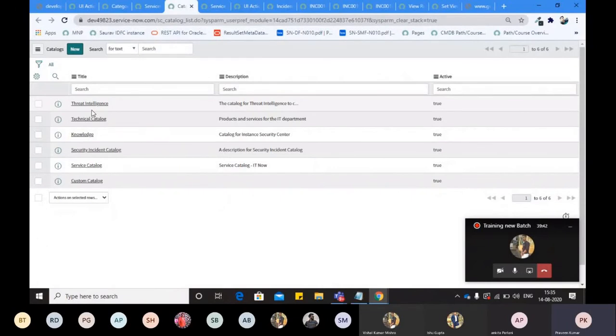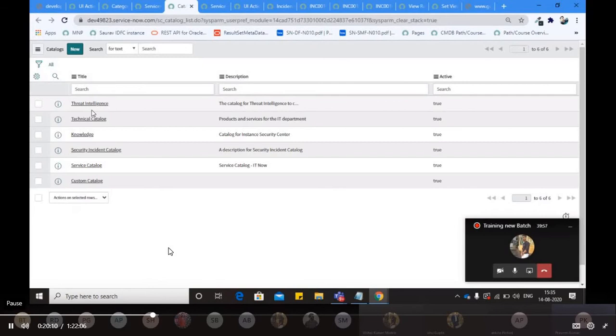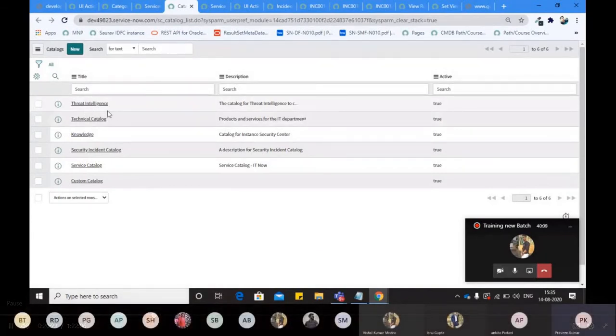There is a property in ServiceNow, and it will take a little time, so right now I'm not showing you, but later I can show you. For that purpose you have to add a property in ServiceNow. You remember I showed you the system properties list. There you will add that new property, and after that you have to configure your column attribute. Then the one column you use in that configuration, for example description, will start to come here.